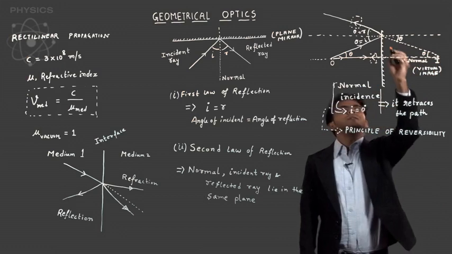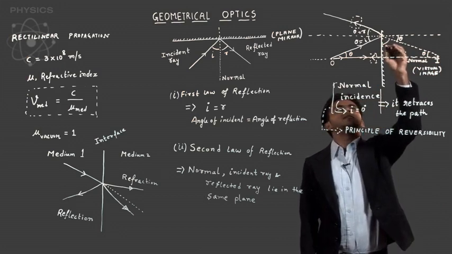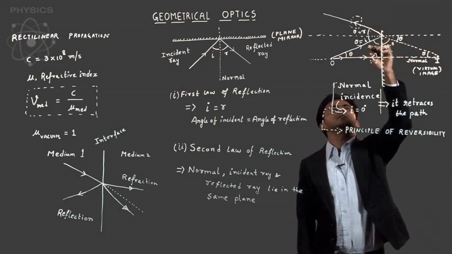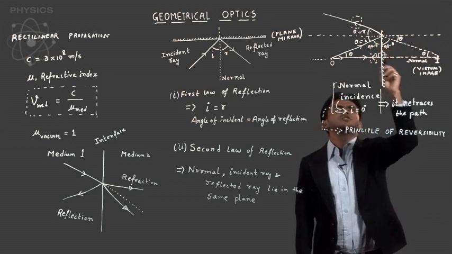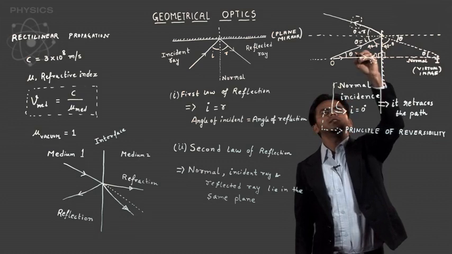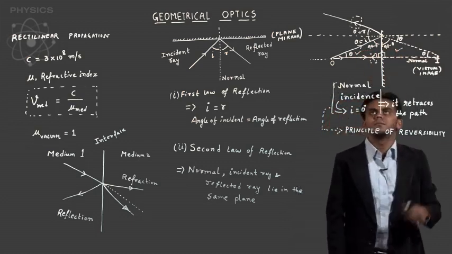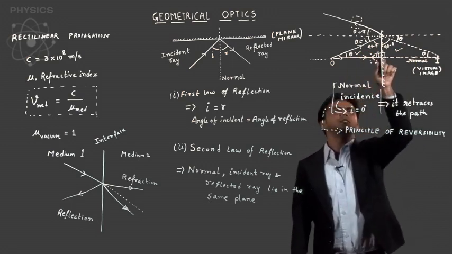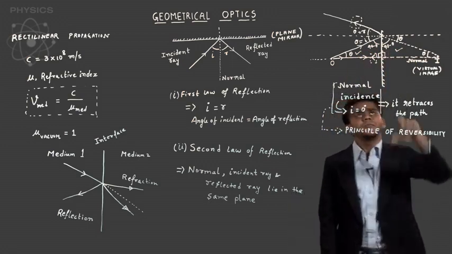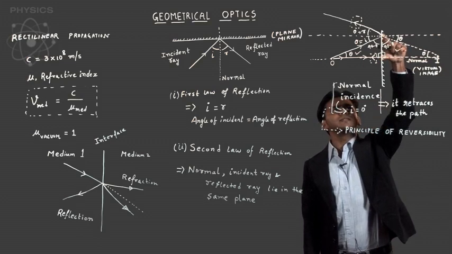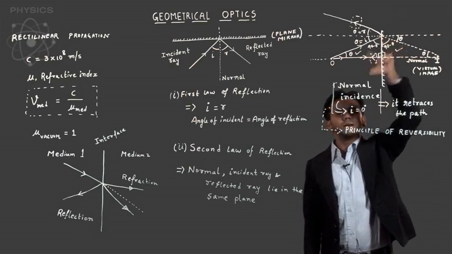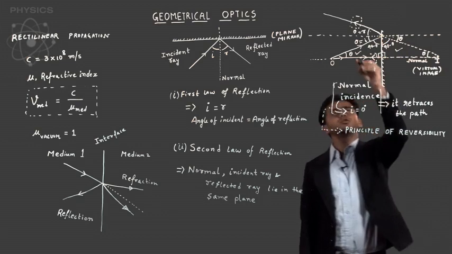Now this angle would be 90 minus theta, and this would also be 90 minus theta. This is 90, this is 90. So in these two triangles, all three corresponding angles are the same. This equal to this, this equal to this, this equal to this. And there's a common side over here, which is common to both of them, which means that these two triangles are